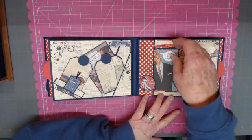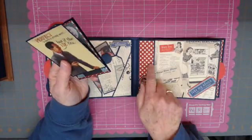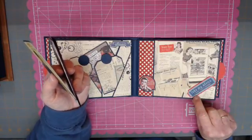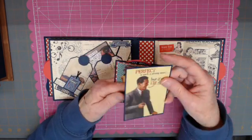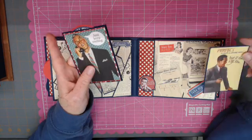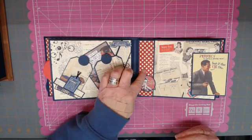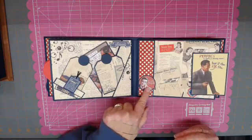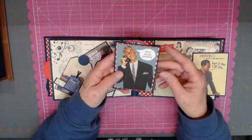On this page, I'm excited to show you this. I went ahead, isn't this cool paper? Cool, cool, cool. And I used one of the stickers again. I matted it and I made a stop down here so it holds one of these very cool cut aparts. And I have a pocket going down the side, that another sticker that has been matted to give interest. And inside this pocket,